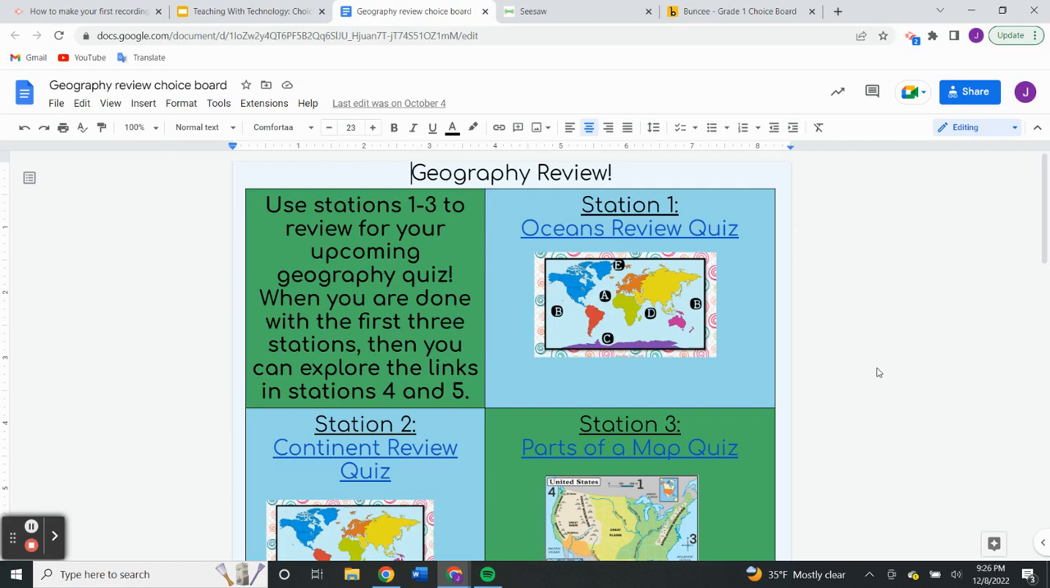Google Docs is an easy tool and a familiar program, which is why it is my go-to for making choice boards. I use this review board the day before a geography test. It has one block for instruction at the top, 3 blocks for review quizzes that I've made on Google Forms,